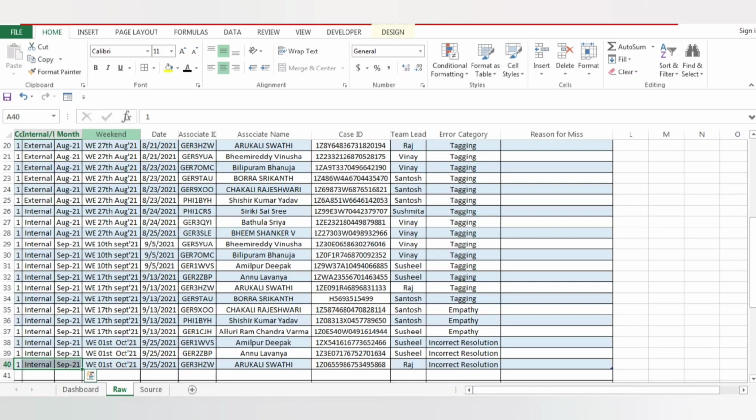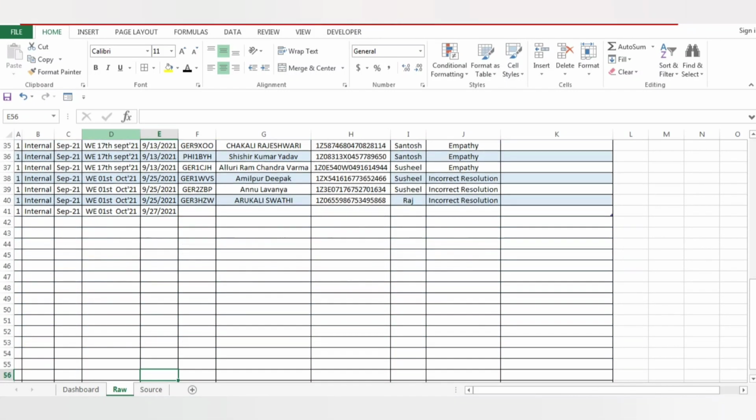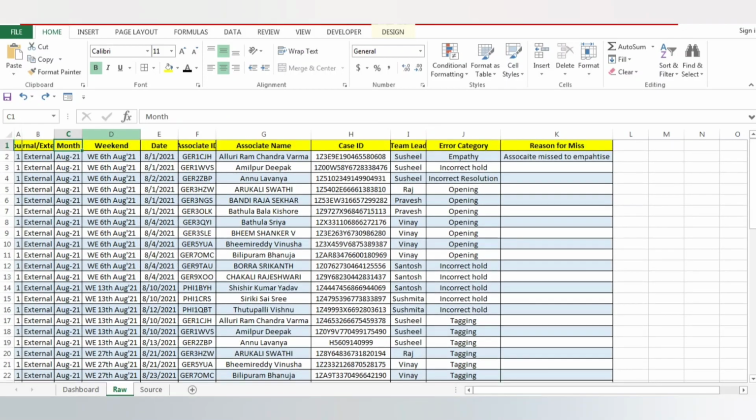Now in future, if I want to add one more escalation here, for example, I got escalation for 27th. See guys, automatically these details will get converted. If I get escalation for 23rd, see guys, this will get converted. If I get escalation for August, these details will get changed. So it's up to you guys. Keeping VLOOKUPs and formulas, things will be easy, and keep everything in a tabular format.